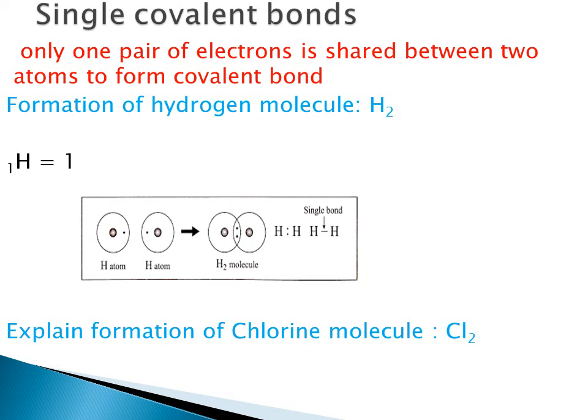Similarly, we can explain formation of chlorine molecule. You are supposed to explain the formation in stepwise manner. First write down atomic number of chlorine, then write down electronic configuration, then draw electron dot structure, then show how electrons are being shared in between the two atoms of chlorine. Then write down the type of covalent bond formed and the reason behind it. Take a photo of your write-up and send in Google Classroom for teachers' review.